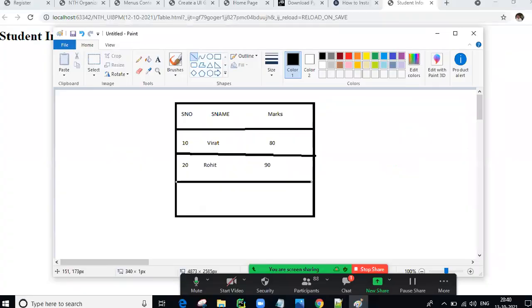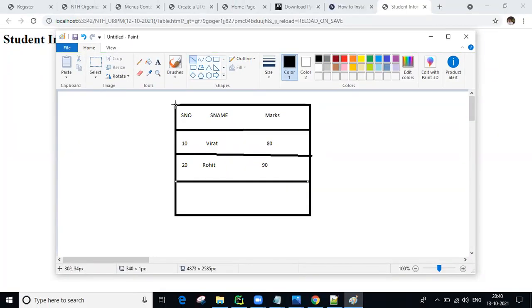So guys, this part is selected as the header part, the table-related header, and this is the table body. Table head part, table body part.